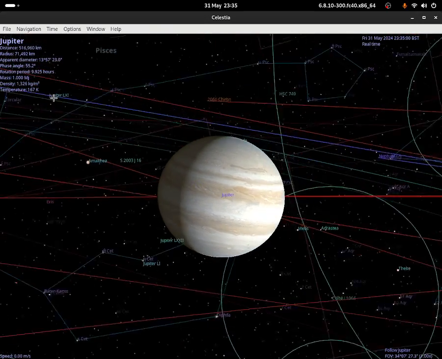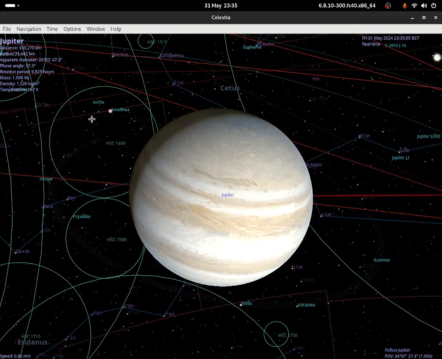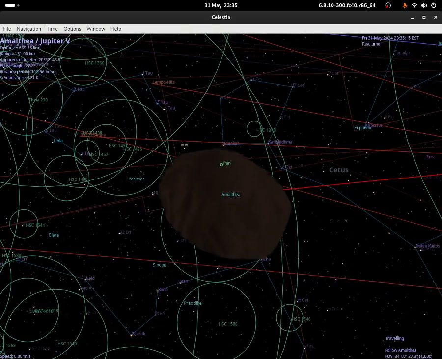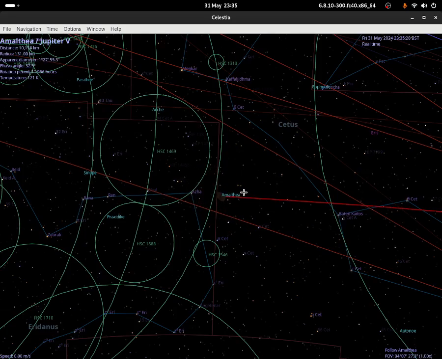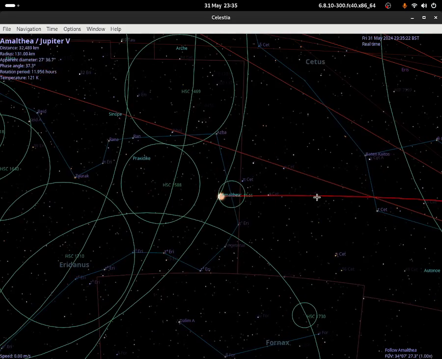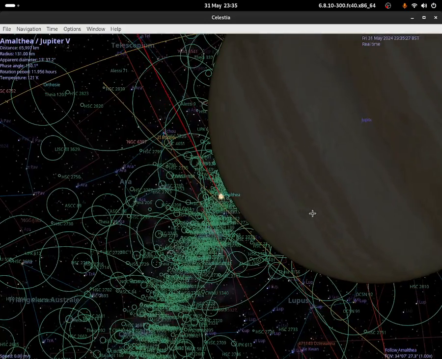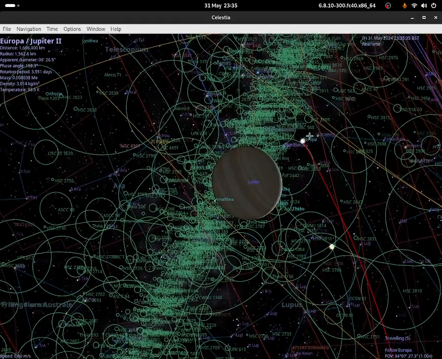That means there's some form of sun being used around it. This might be Jupiter's sun, isn't it? If I press G, yeah, that is the sun. I know that's an asteroid or something. It was actually so bright though. I mean, it is a sun. It's just so bright when it's so much further away from it. But there should be a sun to Jupiter if one side is dark and the other is light. Oh wait, it is over there, isn't it? This is the sun. If I press G,